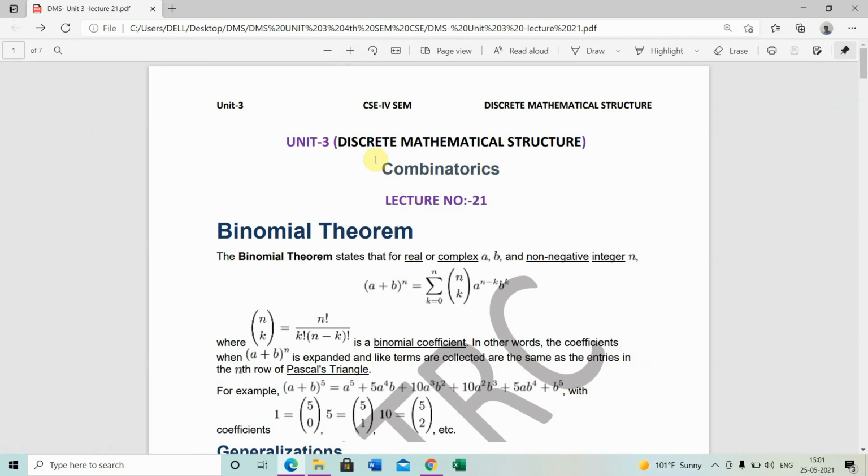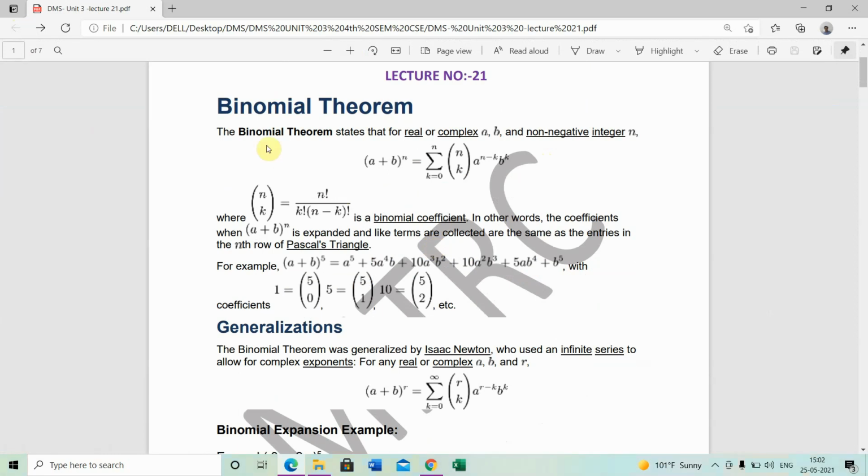हेलो स्टूडेंट, आज हम डिस्क्रीट मैथमेटिकल स्ट्रक्चर यानी डीएमएस में यूनिट नंबर 3 के अंदर ले रहे हैं लेक्चर नंबर 21। इसका टॉपिक है कॉम्बिनेटरिक्स। इसमें पहला जो कॉम्बिनेटरिक्स है वो आता है बाइनोमियल थ्योरम। द बाइनोमियल थ्योरम स्टेट दैट